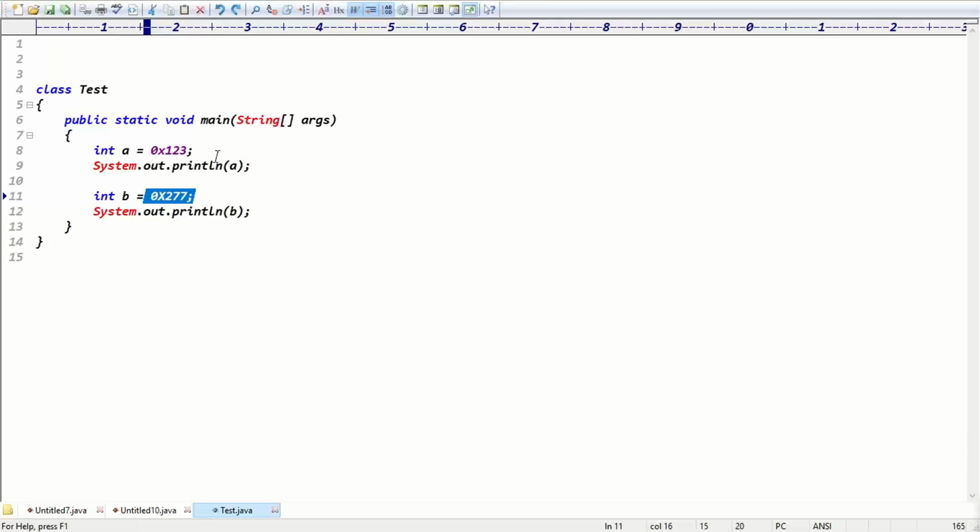You can write the value for 277. 16 power 0 value, 16 power 1 value, 16 power 2 value. The answer is 631. Yes, 631.